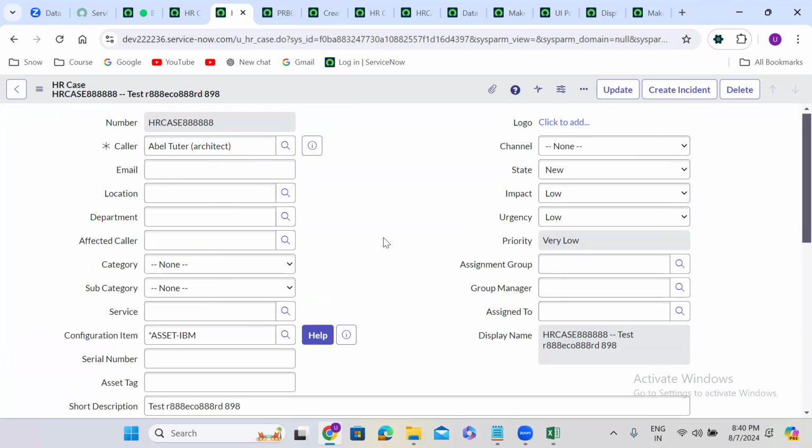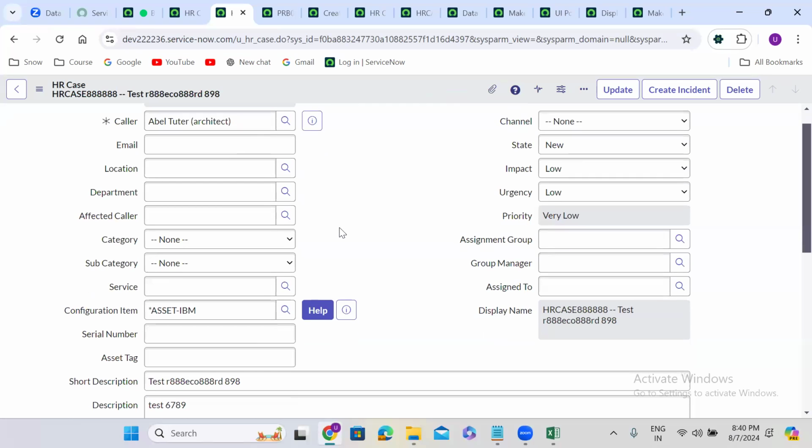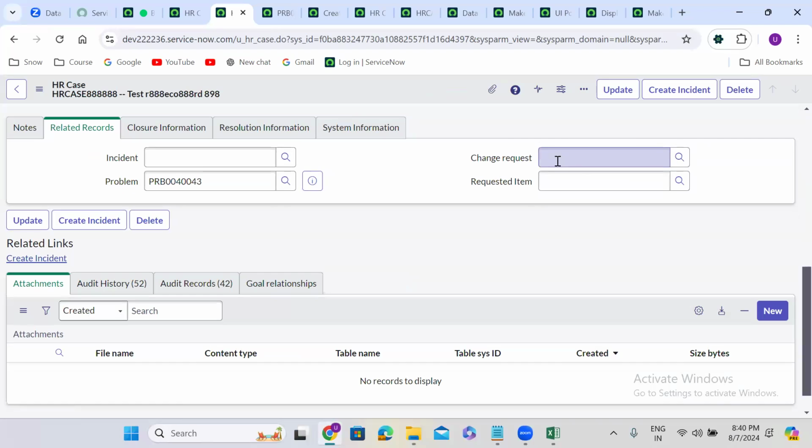So I am giving you two tasks here. I want you to create a button here called create change request. Whenever you click on that button, it has to create a change request with the HR case details. That change request number should be populated here. I am also giving you another task that is actually create request item. Whenever you click on that button,